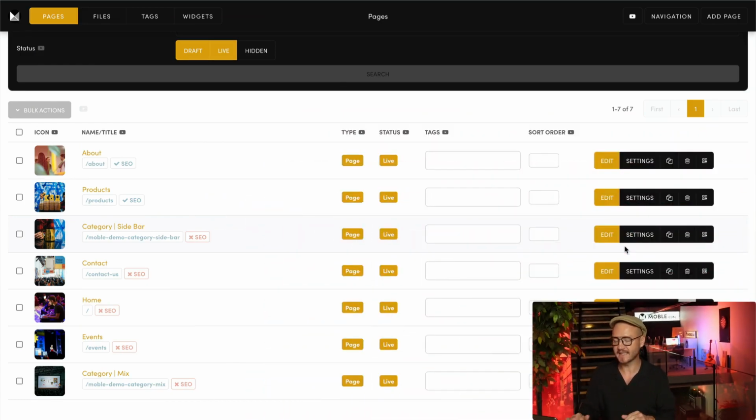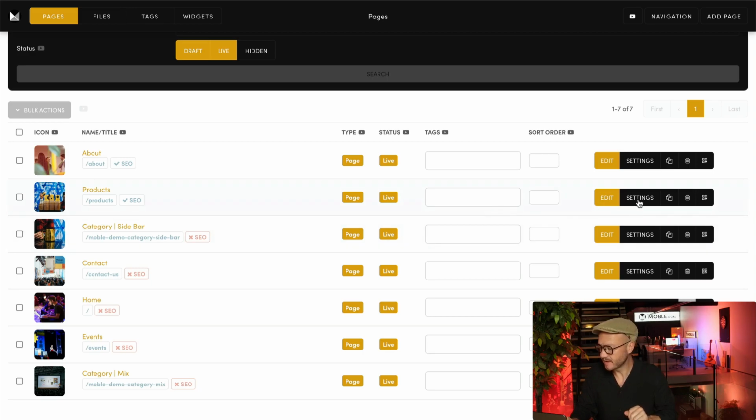Now let's jump back into the pages area and let me show you where you go to edit both your page icon and update the SEO. Well, this is in the settings area. This is our meta information for this particular page. So we go into the settings tab, and to demo, I'll go into this particular page here, our products category